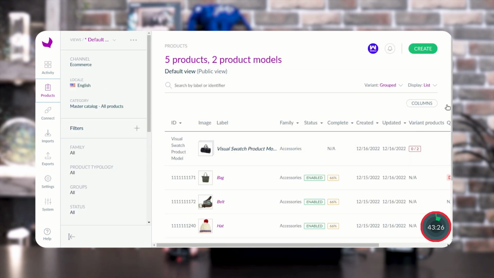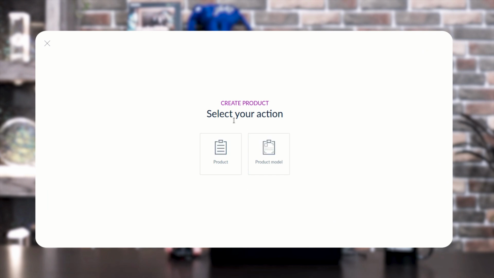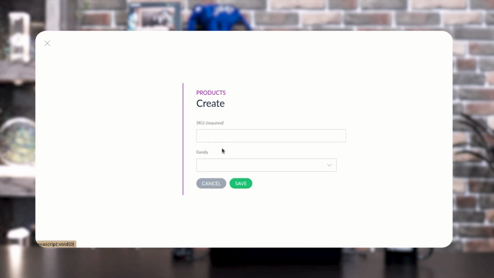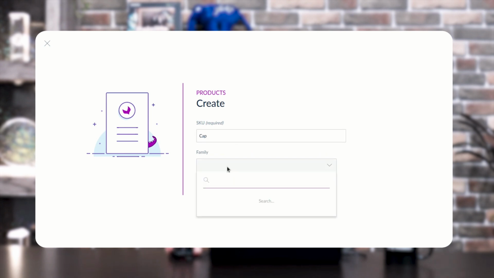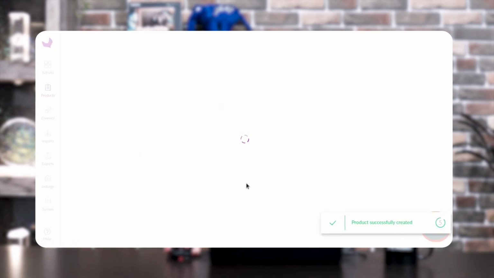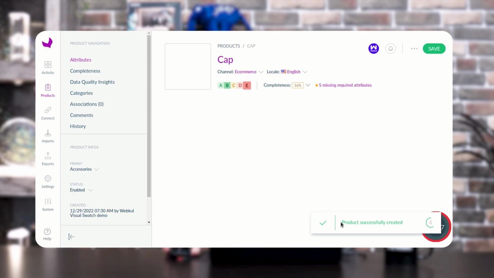Here we are creating another product. I am creating a cap product here and assigning a family to it as well, and need to tap over the save button, and accordingly you will get a pop-up again like product successfully created.